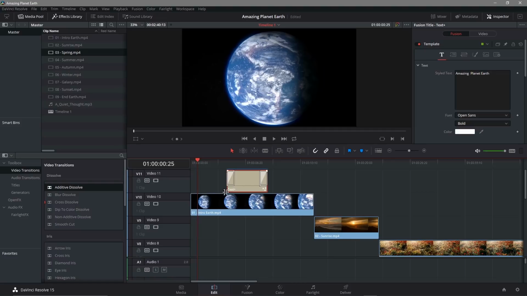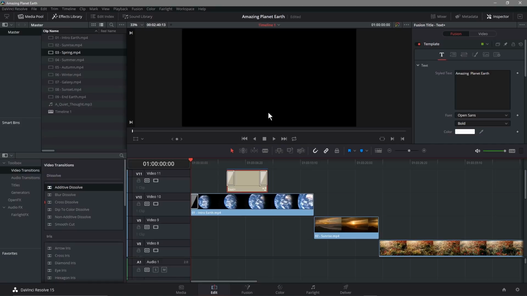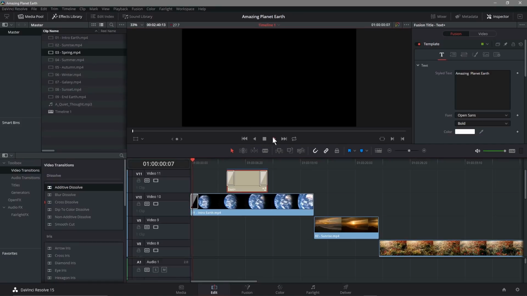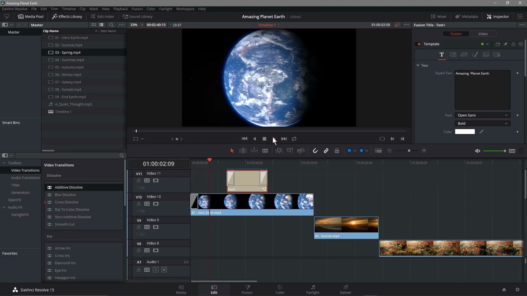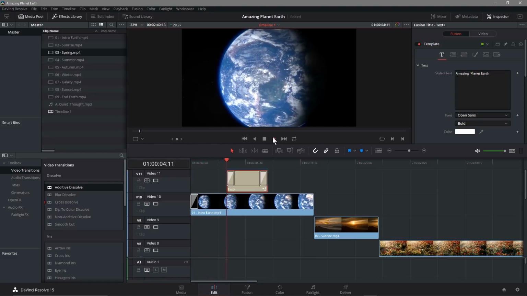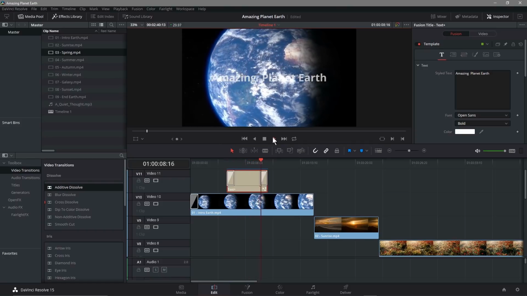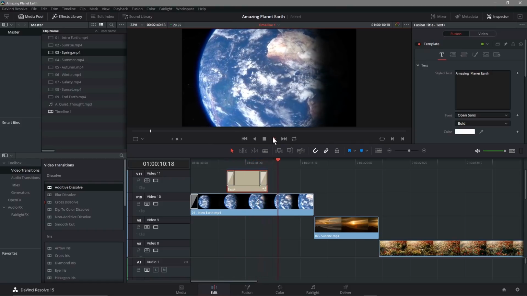Now why don't we fade the Earth in at the beginning? So we'll click this, drag and drop it onto the timeline here, and if we go to the beginning, the first frame is going to be black now. So let's just save that, and we'll click play. Now that will fade in, and it will move across the timeline, and it will get to this amazing planet Earth, and then that will fade out,